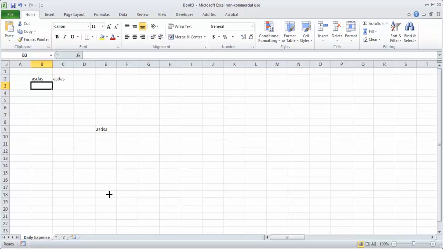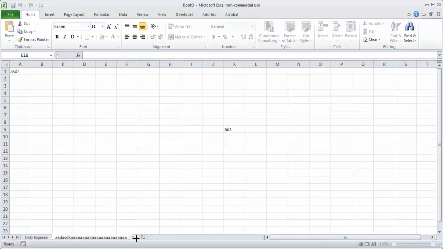Many times what will happen is these worksheets are hidden. If I make these big names, and if you want to add any worksheet, you just click over here, and your worksheets will get added. Now you cannot see the first sheet, but you can easily see it by going through this.